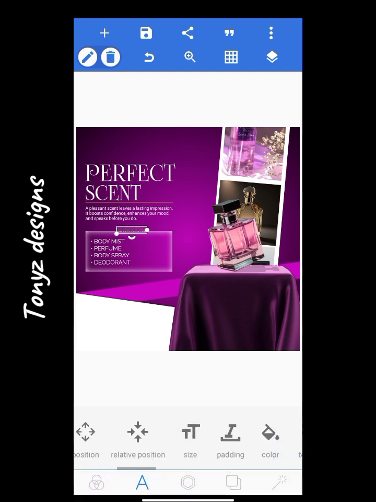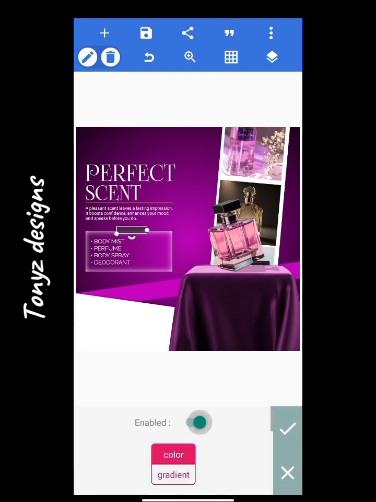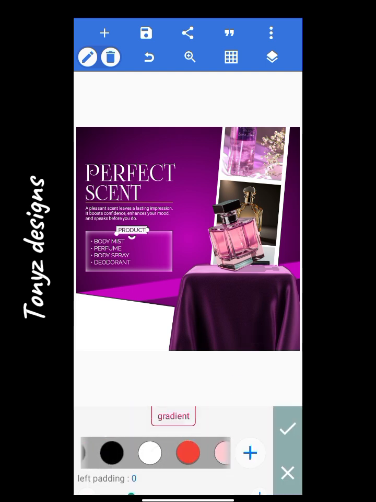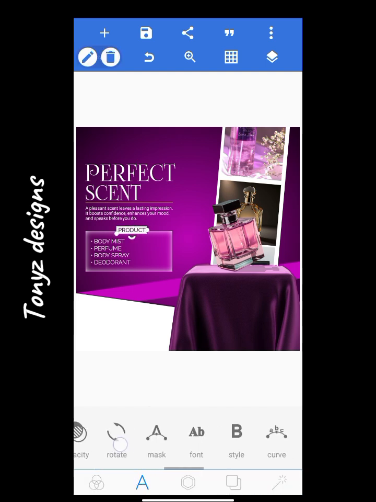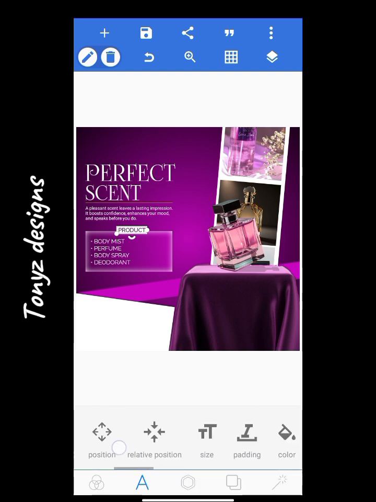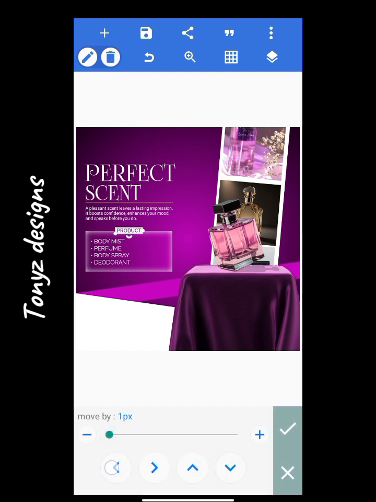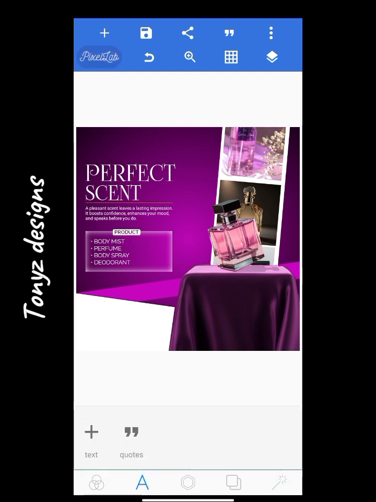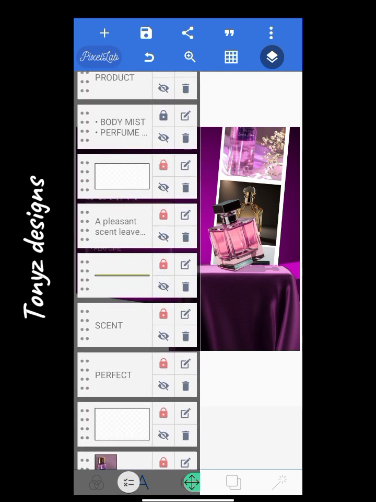Okay, it's looking dark, so we'll be adding highlights to it. So we'll go over to background, be adding a background to it, and we'll be selecting white as the background, and we'll go over to the background to add radius, and just take the radius to 3 or 4. Let's leave it as 4, and we'll be reducing the size of this, and making use of the position tool, we'll just place this here. Okay, so this is becoming nice,